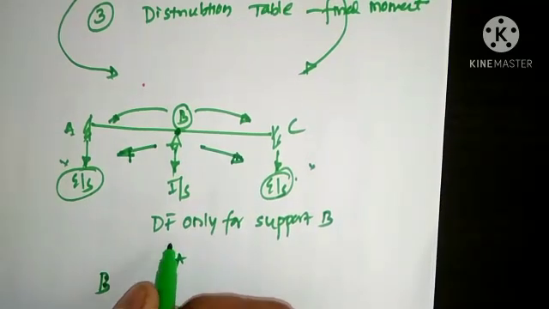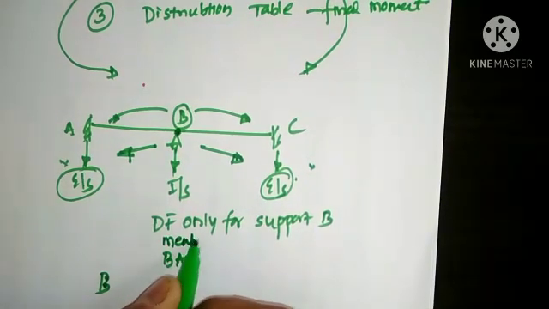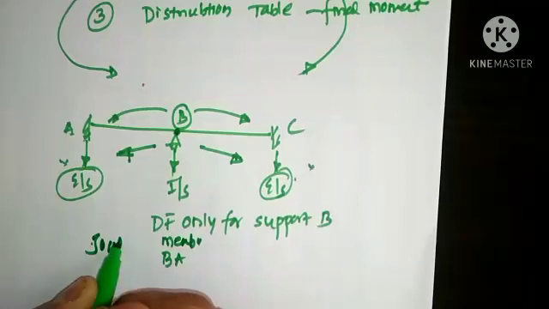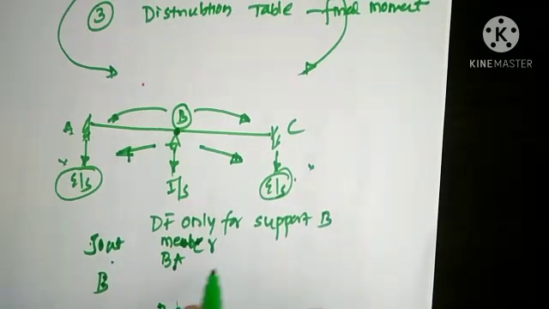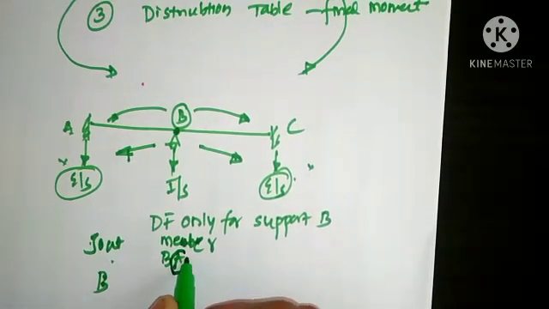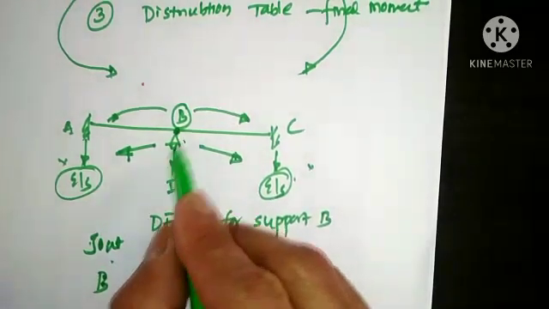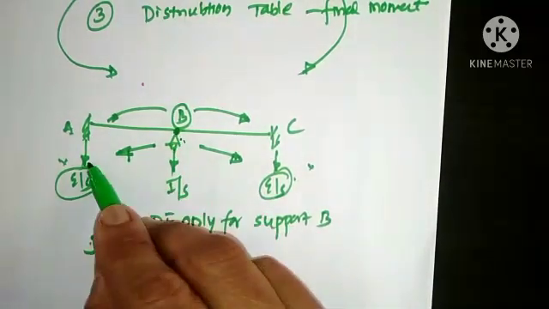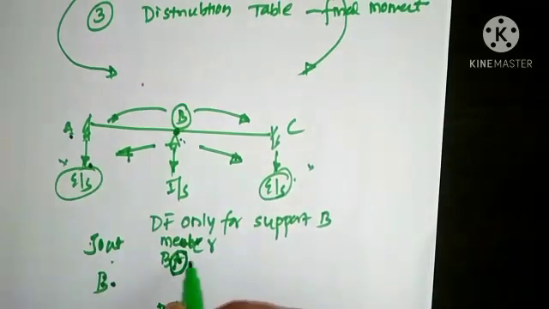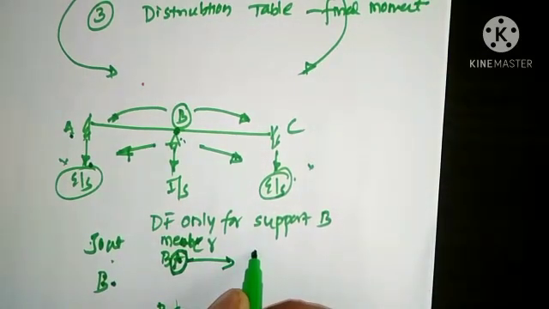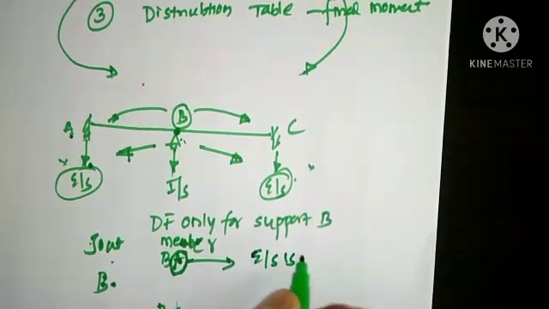Once we note down the members connected to joint B, that is BA and BC, on the left hand side and the right hand side, I need to look at the second alphabet. B is the position where I am standing and A is the other end, and at A, what type of support is it? Fixed support. So if the end support is fixed,